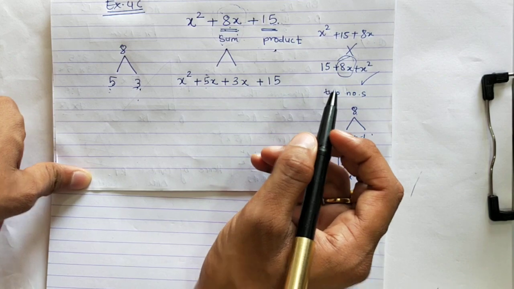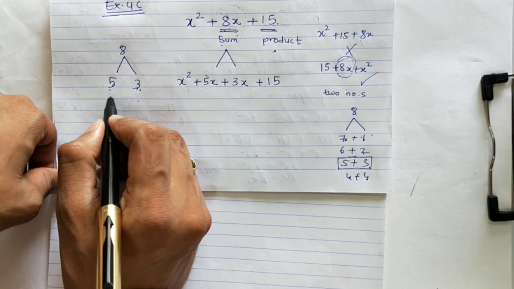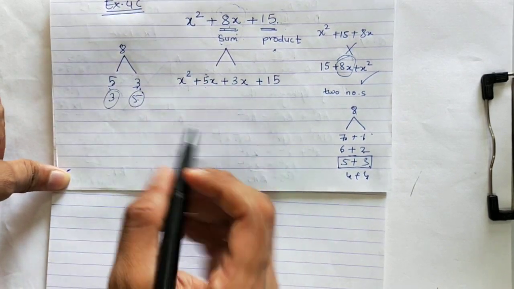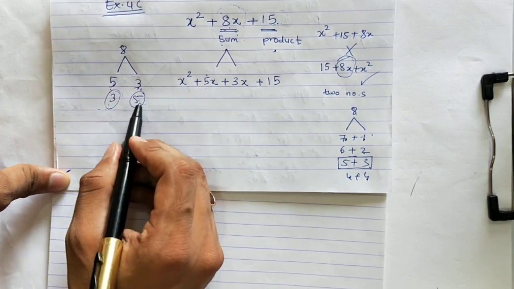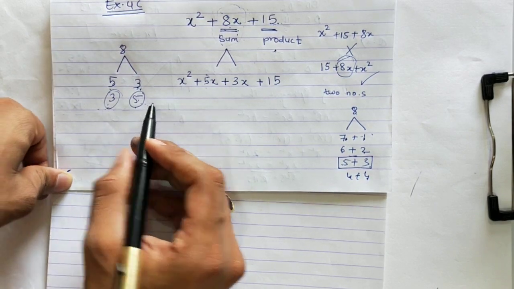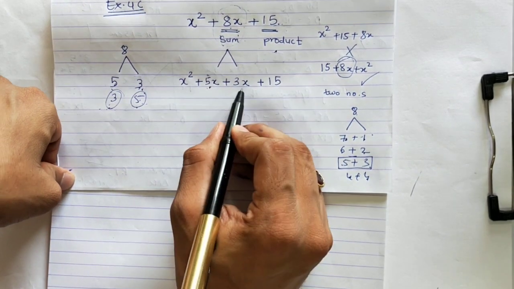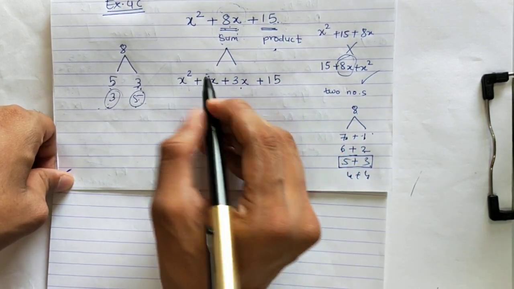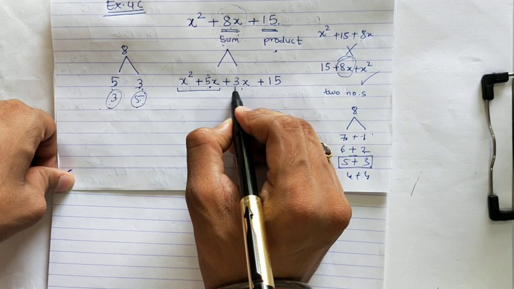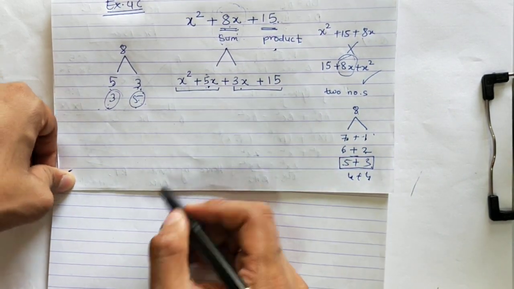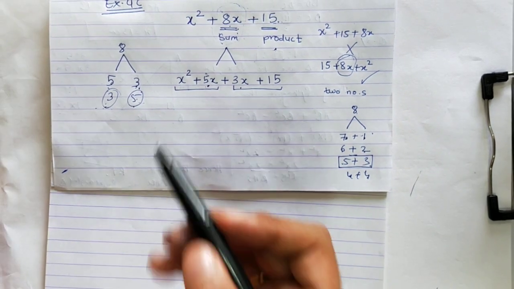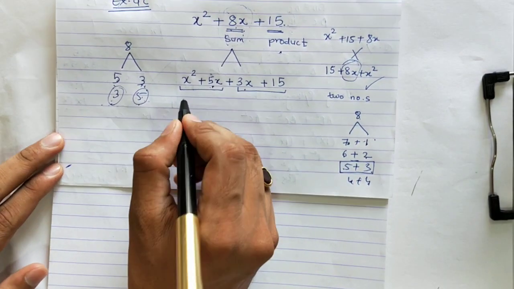Now, and one more thing. There might be a question in your mind. What if you think 3 into 5? What if you write 3 first and you write 5 later? It doesn't matter. You can write any number first or any number second. Here also, if you take 3x here, 5x here, you will get the answer same in the end. Now once I have this, I'll take common in these first two terms and common in next two terms. So what will come common here? In x square plus 5x, I can take x common here. So I'll take x common.